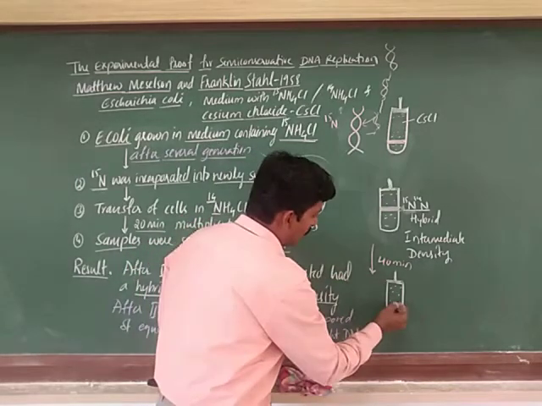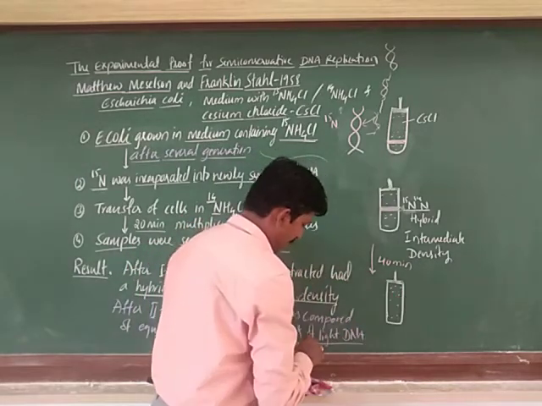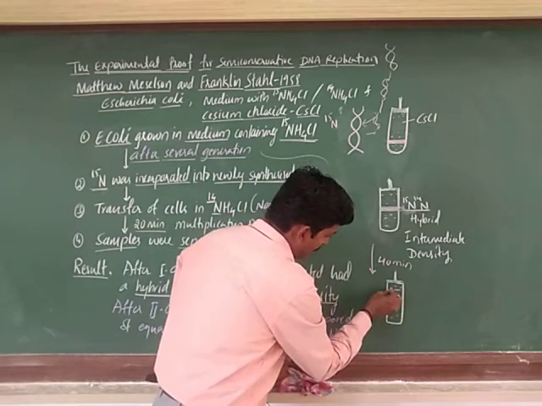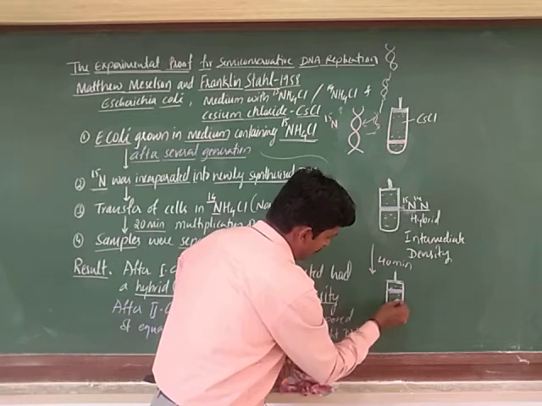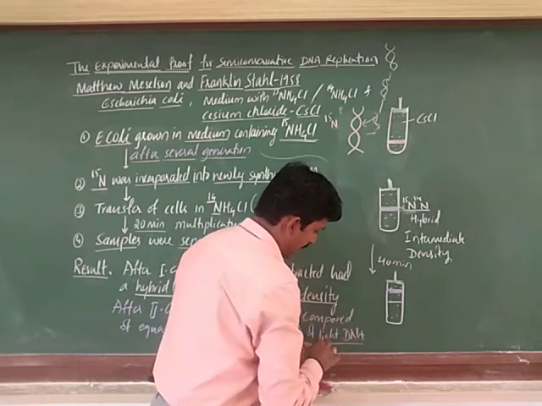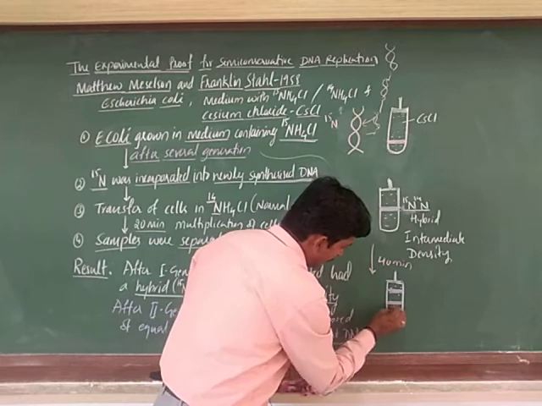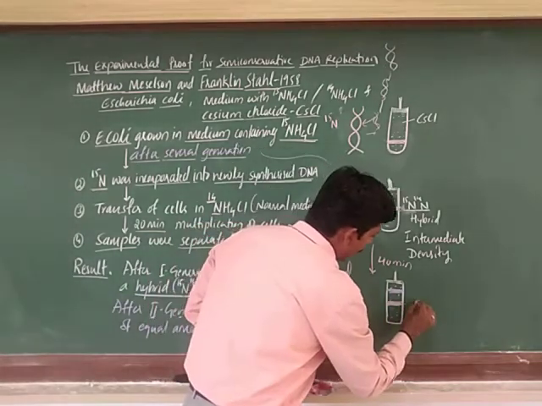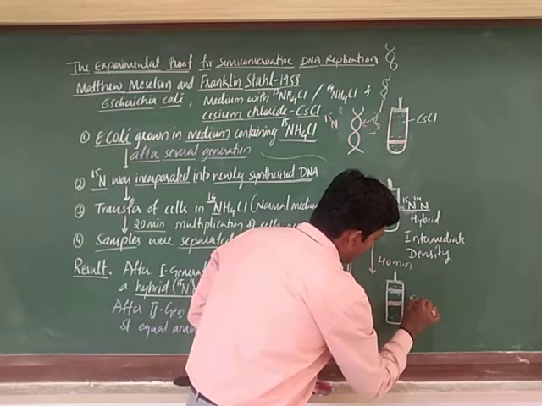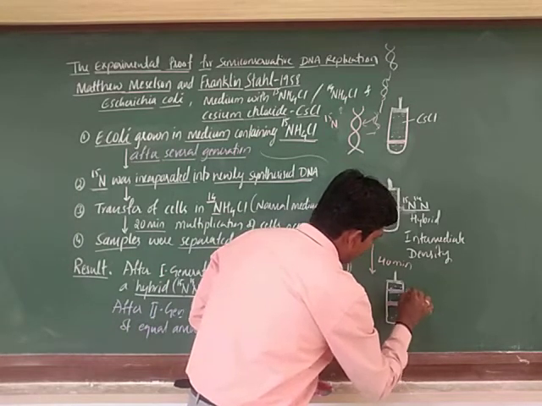Next, here what they observed: 50% they observed here, and here also they observed the intermediate one. So here they observed N15 and N14, and here only